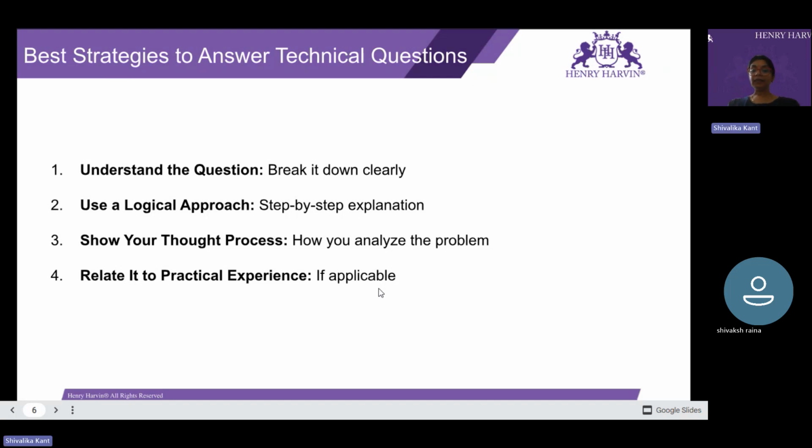Then connect to real business impact. The interviewers know that you are an expert in these fields, and you know the answers. Explain the why. When you're talking about a particular topic, discuss why.